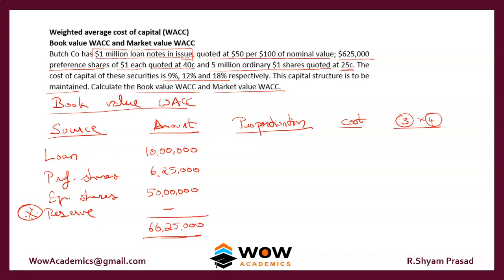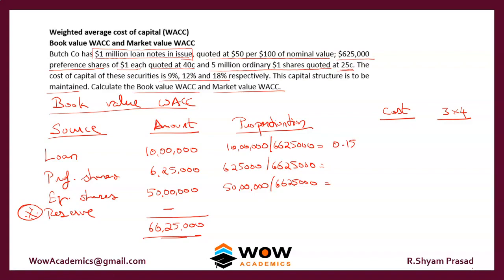So the proportion works like this: the 10 lakhs divided by 66,25,000, into 100, that will give you the proportion. Again, 6,25,000, 1, 2, 3 divided by 66,25,000. So finally we have 50 lakhs divided by 66,25,000. So the answer will be